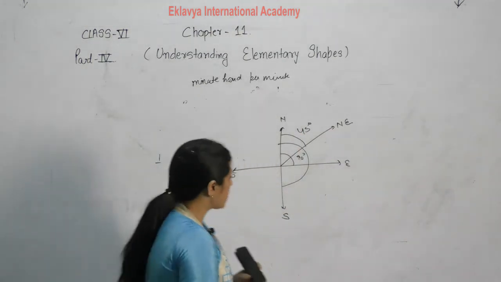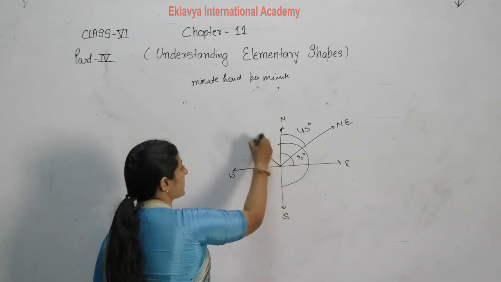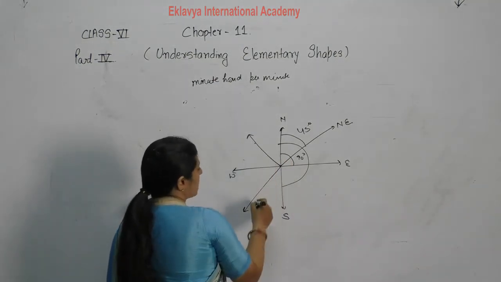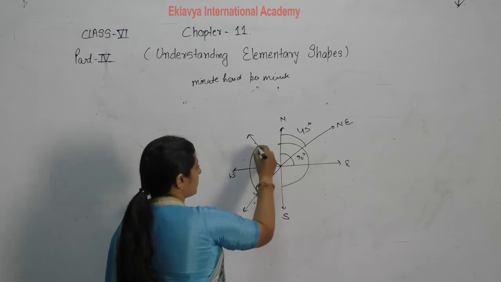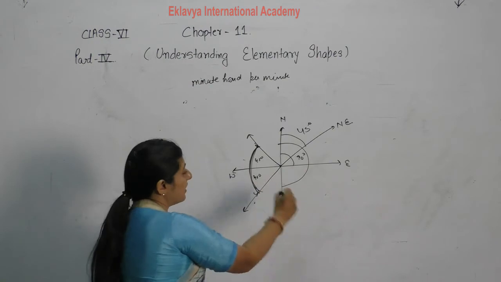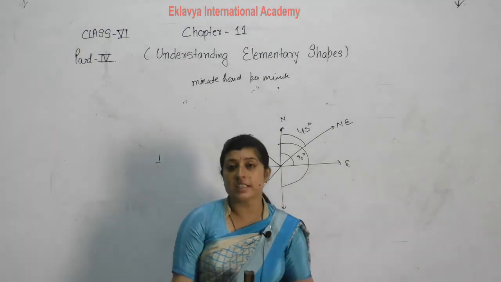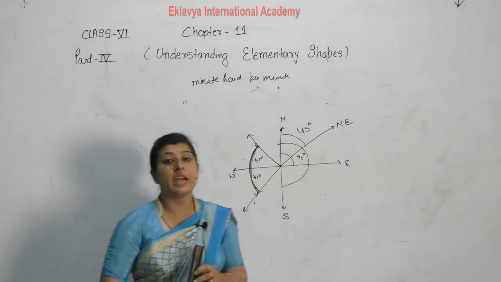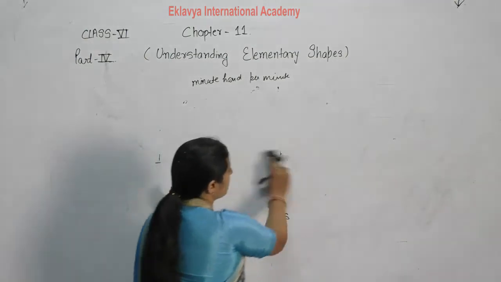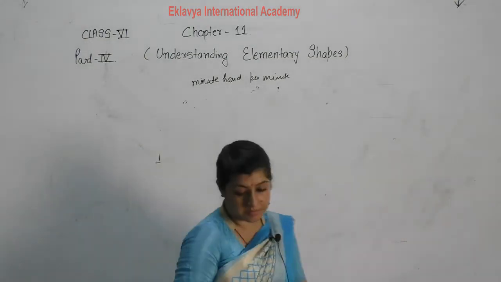From northwest, northwest like this. Southwest, this one. Northwest and southwest, this one angle. We know that this angle is 45, this also 45. It means the angle between northwest and southwest is equal to 90 degree. So now see MCQs.